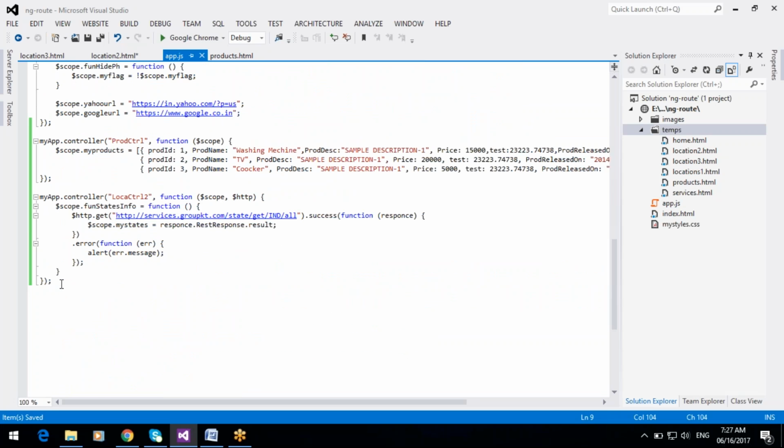And one more controller we can use, myapp dot controller, with scope and $http, where state name equals something. Here we can use routeParams. The routeParams variable takes the route parameters, that is the query string, and catches the query string values.